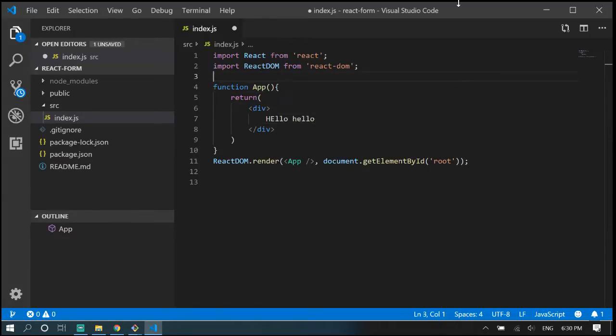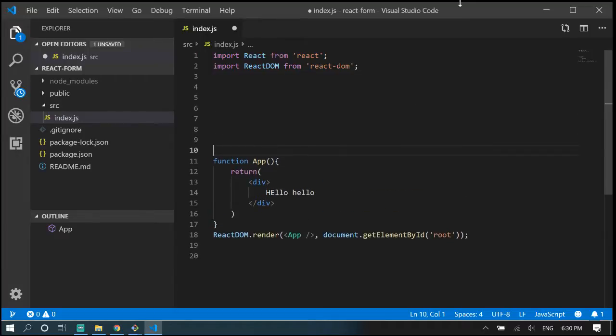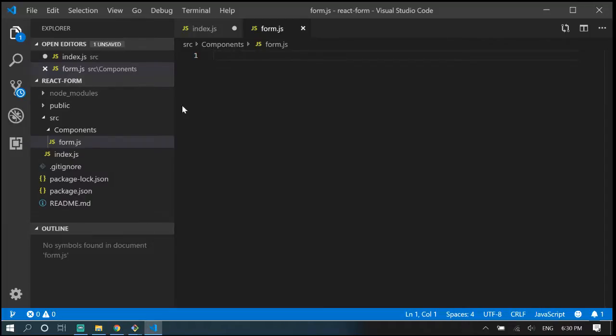Okay, cool. Our app component is there. Let's put it aside. Let's make another folder called components, and inside that components folder, let's make a component called form.js. In the form.js, we're going to create a simple form with the username and password. For that, I have to import React,